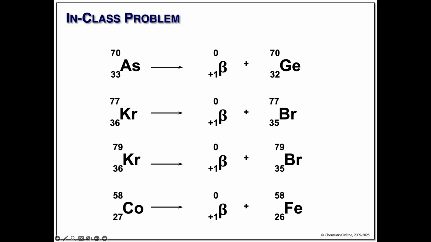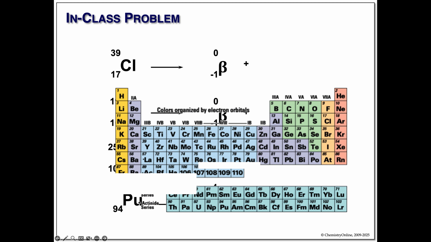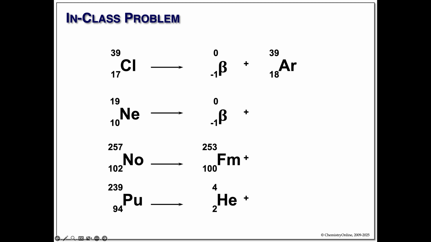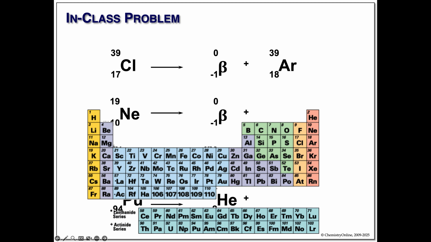Let's just mix them up a little bit. Here's a beta particle. Atomic number will drop by 1. I'm sorry, raised by 1. 17 plus 1. Oops. Okay. Well, argon is given. We could do this. Another beta particle from neon-19. Neon is here. This will go to 11. That's sodium-19.